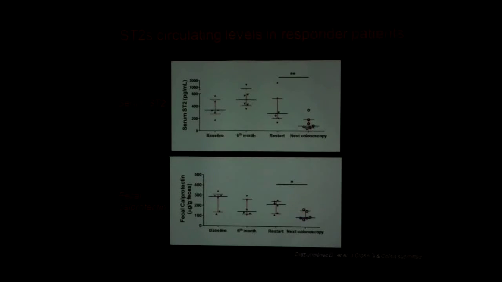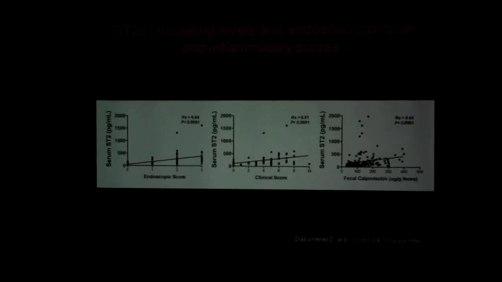So we found out that if we reanalyze this data according to those that respond, these are non-responders, because in this group, as you can see, the levels did not decrease, so they restarted the protocol, changing the therapy to biological therapy, and the levels of ST2 nicely reduced, the same as fecal calprotectin. So when we correlate the levels of ST2 to the endoscopic score, we found that higher levels of